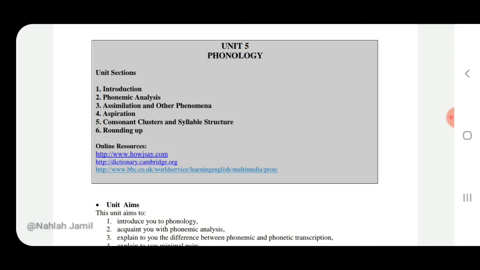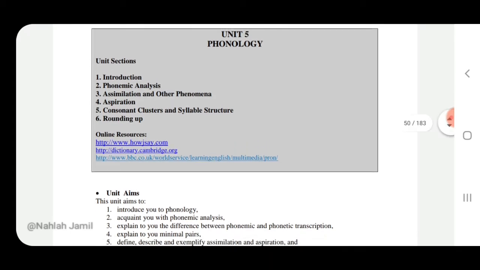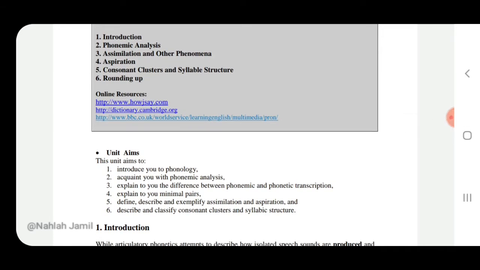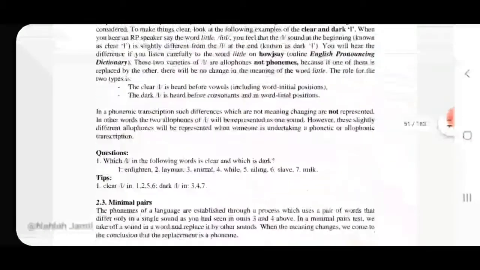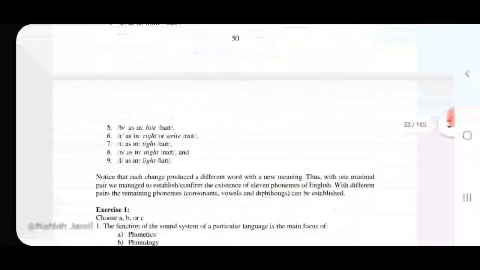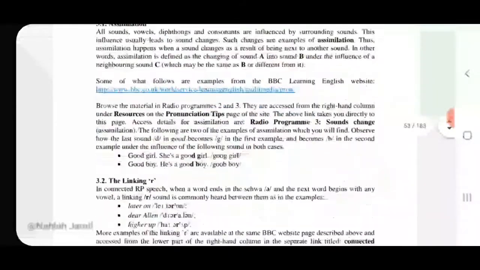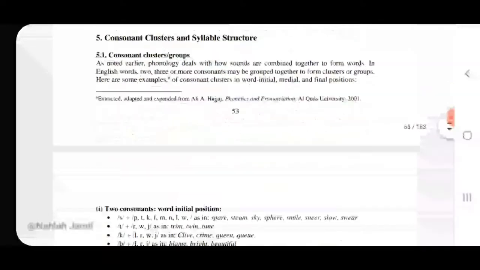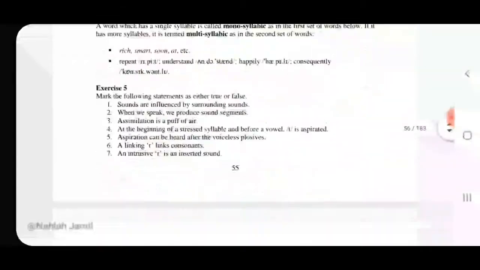And as requested, we're going to begin with Unit 5, that is Phonology. So the first thing we need to know in this chapter is the difference between phonetics and phonology. Then we are going to see what phonemes and allophones are. Then we are going to see what minimal pairs are. Then we are going to see what assimilation, the linking R, the intrusive R, aspiration, consonant clusters, and syllabic structure are, and with that we will finish